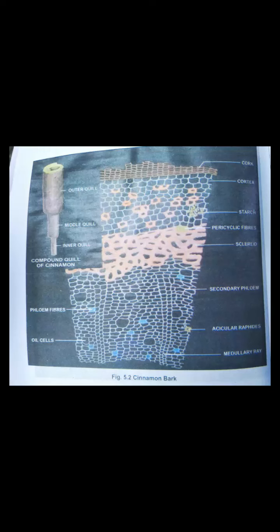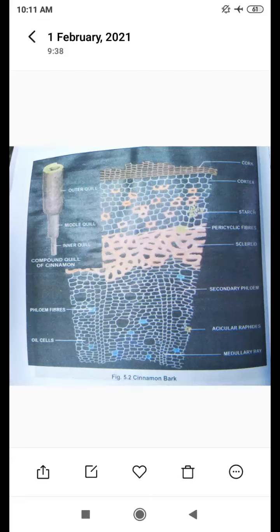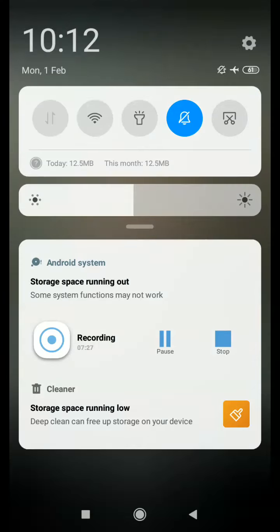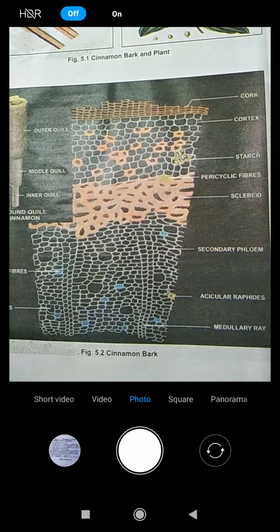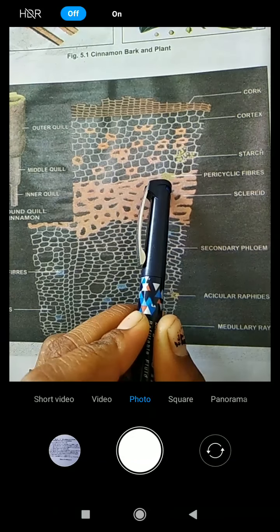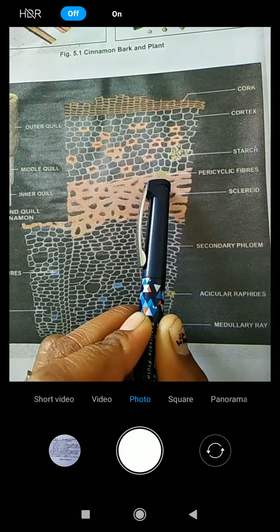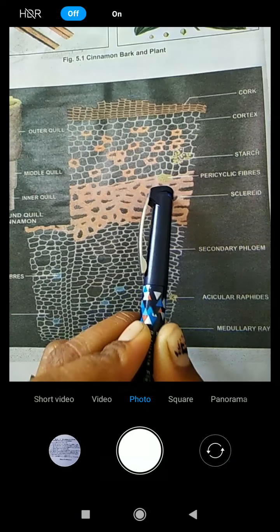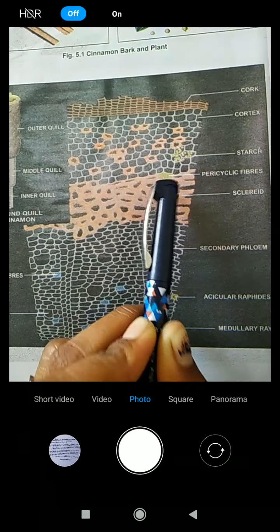Then pericyclic fibers: small groups of about 6 to 15 lignified pericyclic fibers occur at intervals. See, here are the pericyclic fibers.